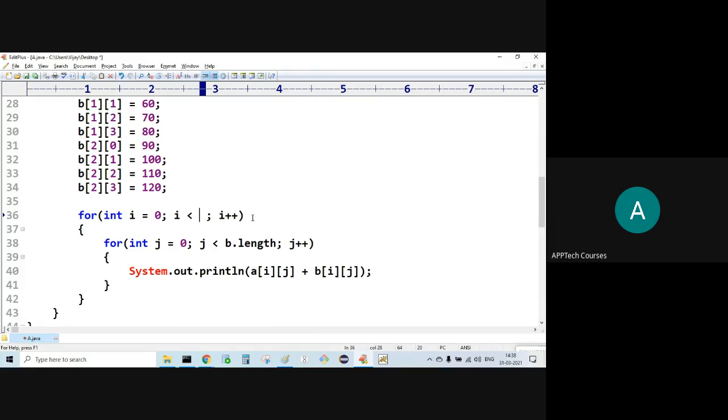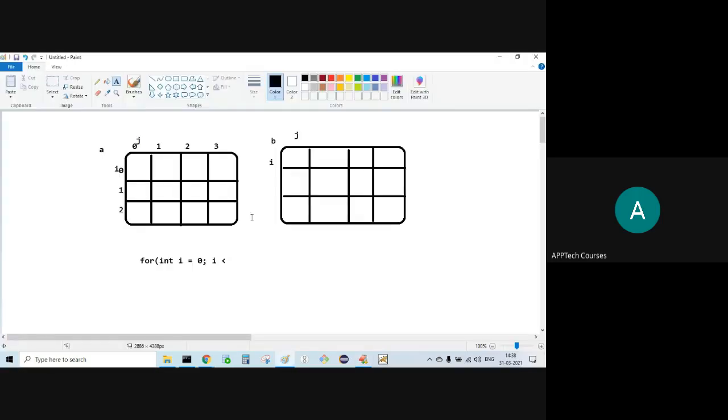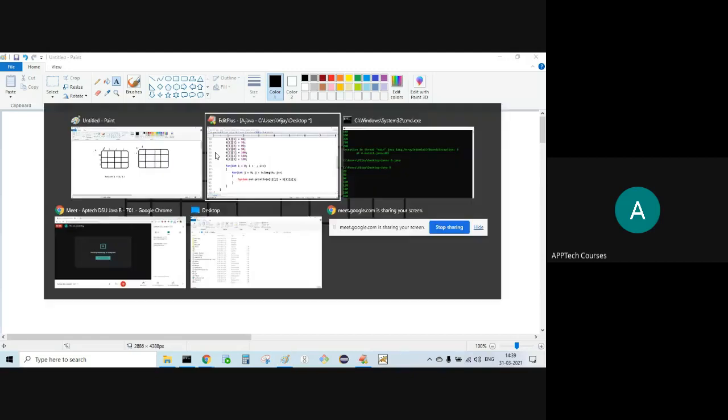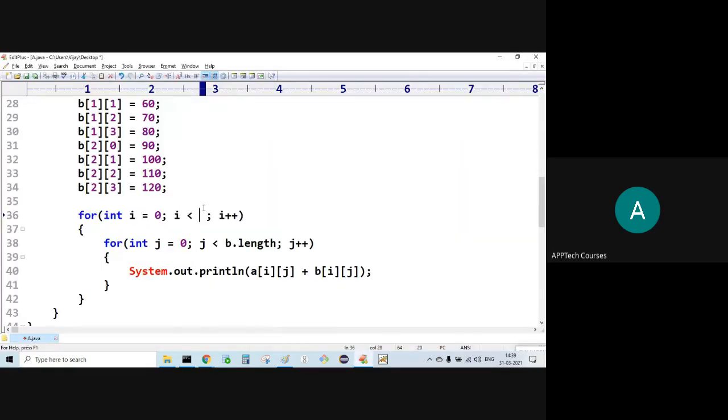Less than or equal to 3 is also fine. If I supply 3, what happens? 0 at one time, 1 at one time, 2 at one time. It's enough for I. For J it should be 4: 0, 1, 2, 3. Here I less than 3, J less than 4.